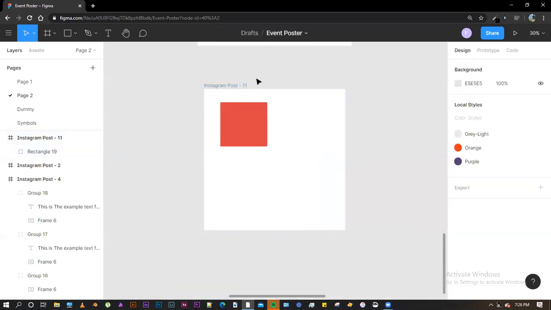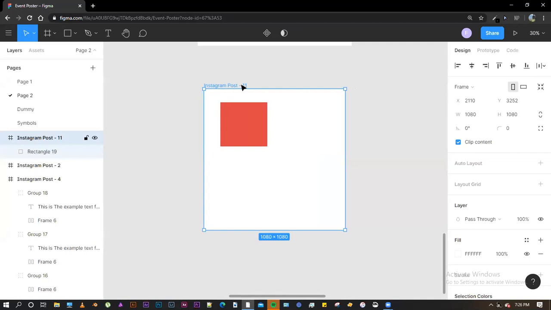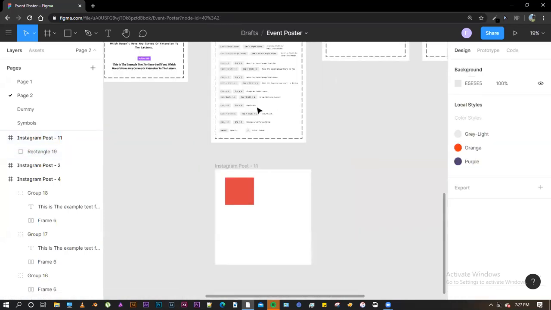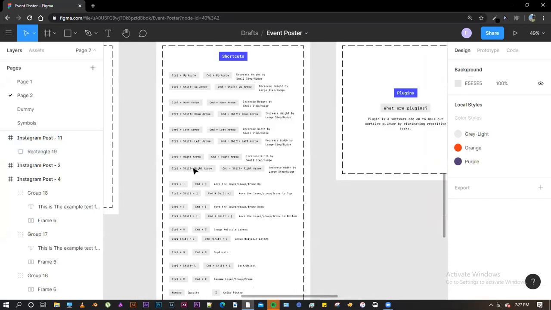So similarly, if I select this frame and I do the same operation of control and down arrow, it would increase by 1. And if I hold down the shift now and click on the down arrow, it would increase by 10. And similarly with width, control and right arrow increase by 1 pixel. And if I hold down control, shift, and then the right arrow, it would increase by 10 every time I hit it. All right. So I have a question here.